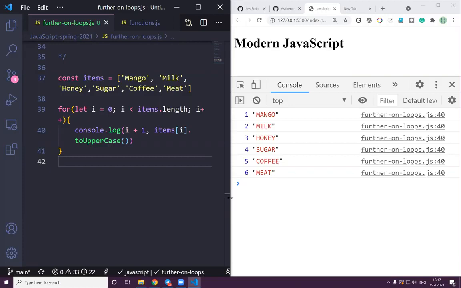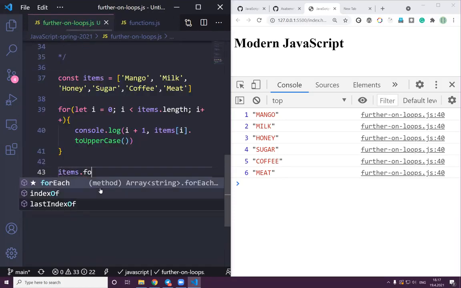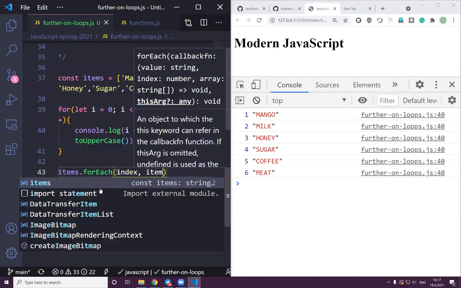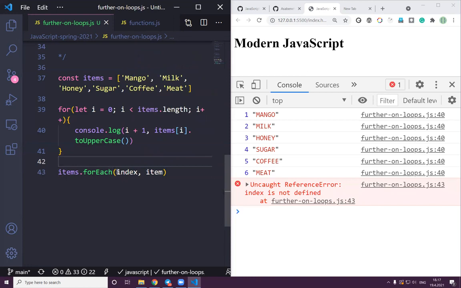I told you to start the DOM. We have to also display this on the DOM today, okay? So later. So now, what did you use? You used just a normal for loop. Actually, if you are dealing with arrays, there is also this elegant way of using loops. So you can say items.forEach, and then the item, and the index, you can say function